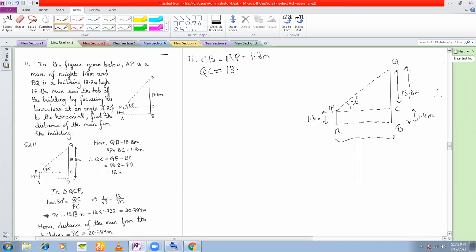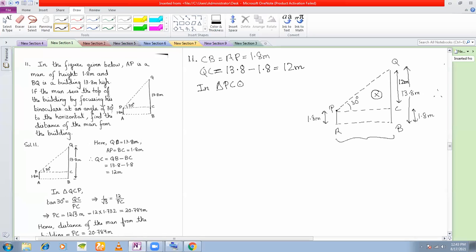So QC length will be 13.8 minus 1.8, which is equal to 12 meters. So this length here is 12 meters. Okay. Also, what you see here is that, okay, now this length is 12. Now look at this right angle triangle. In this right angle triangle,